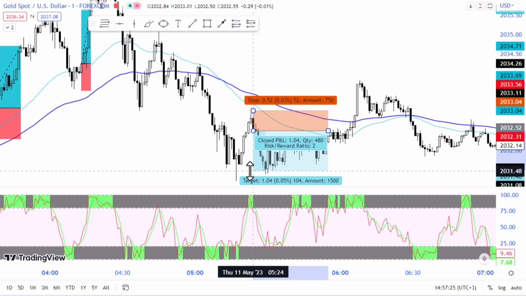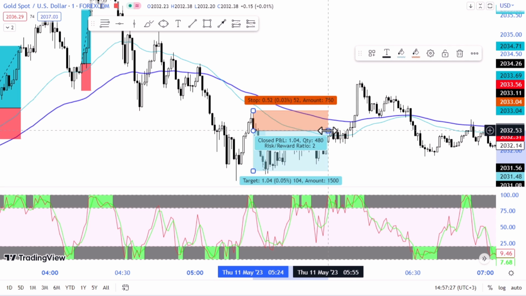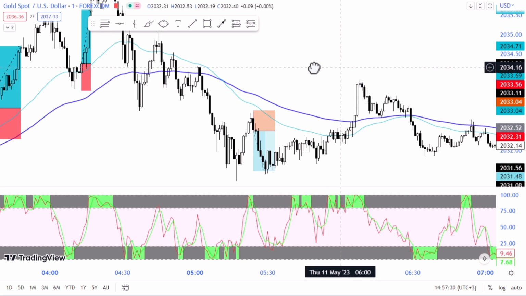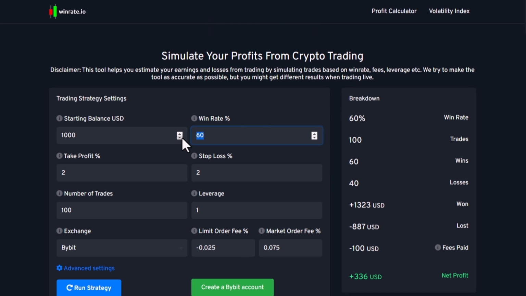You can see, beautifully done. So this is how you do it, and this is amazing. I made a backtest on this strategy, and I came up with a winning ratio of plus 90%. So you can do your own backtesting and